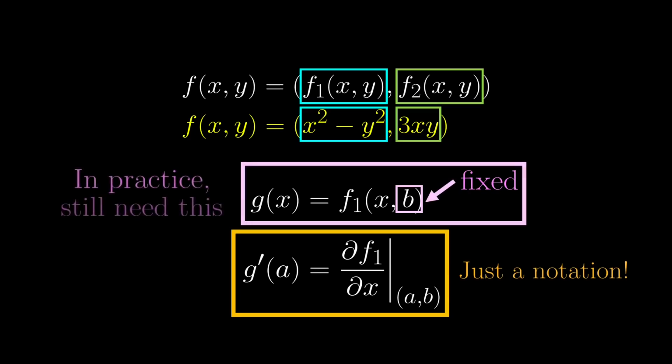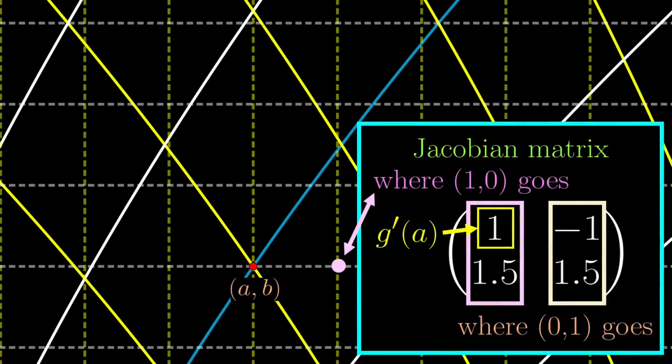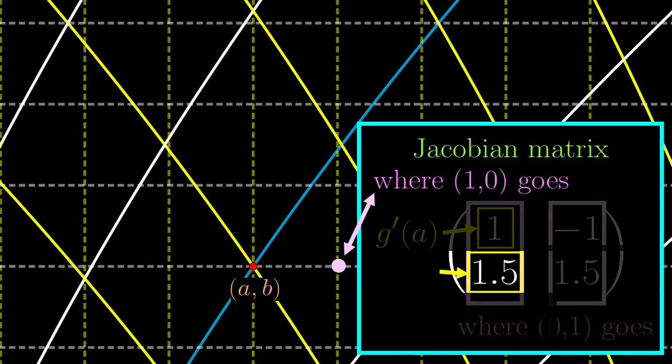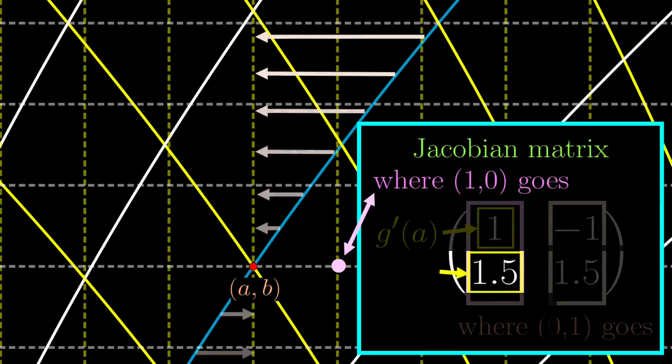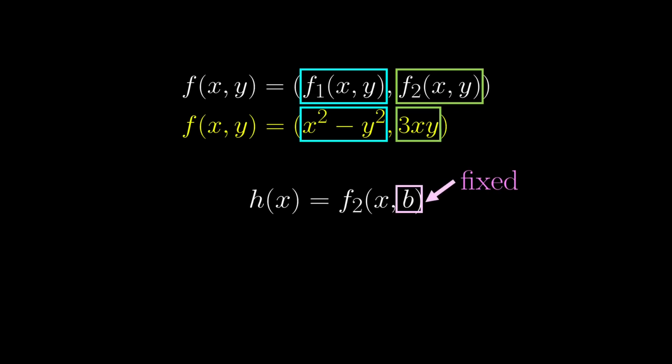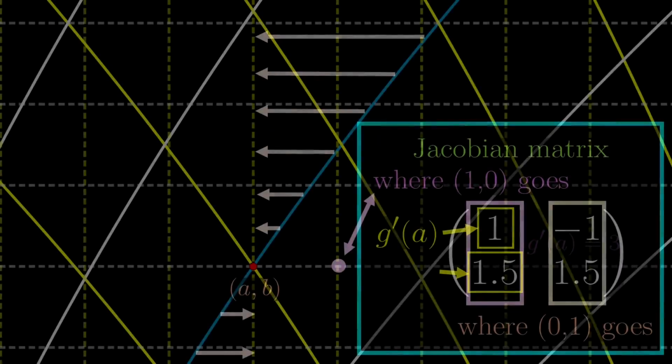In practice, we still need to at least think of g to do the differentiation. This helps us find the first number in the Jacobian matrix, and the other numbers are quite similar. For example, if we want to find this entry, we simply define another function that extracts the y-coordinate instead. More precisely, we define another function h using the second component of f instead. And similarly, we can denote h' of A using a similar notation, so now the second entry is equal to